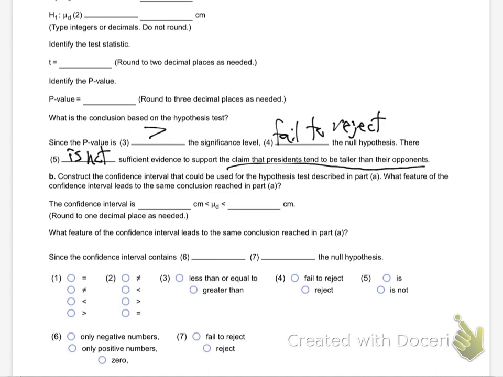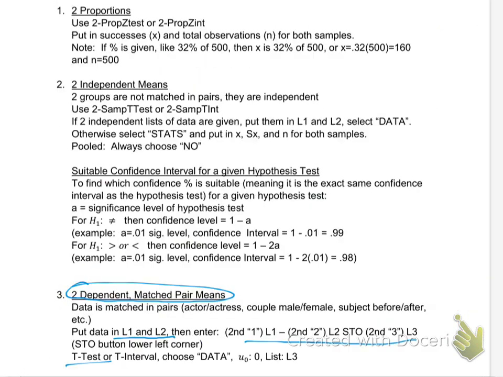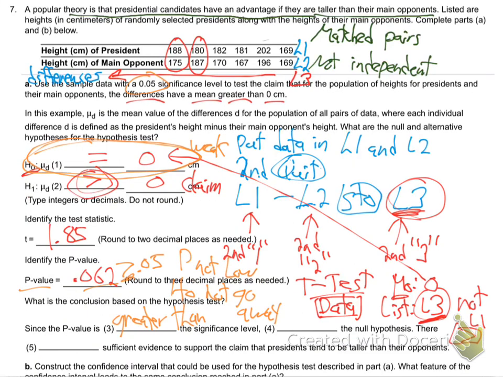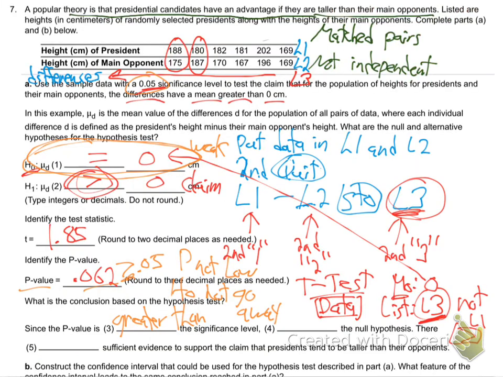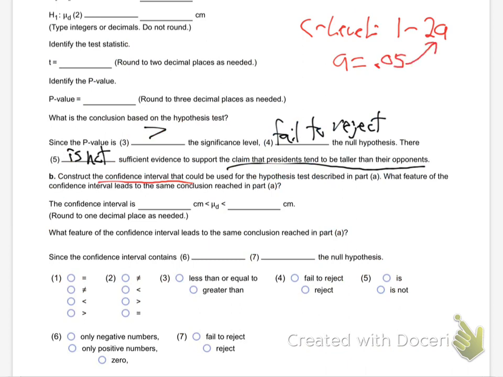Okay, last thing, confidence interval. How do we find the appropriate one? You can go back to the notes, suitable one, H1 greater than, less than, it's 1 minus 2a. Our H1 is a greater than, so C-level is 1 minus 2a. The a, wasn't it 0.05? Yeah, right there, 0.05. Plug that in. C-level's 1 minus 2 times 0.05. 1 minus 0.10, 90%. So come down here, do a t